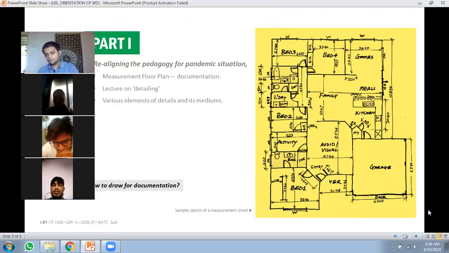Decide, if your house is linear, rectangular, how you have to orient it in the PDF, because on that basis you will have to do the nomenclature. Otherwise you will rotate it while making the PDF, and all the text will be vertical. So decide whether your house plan is portrait or landscape, and according to that do the nomenclature and dimensioning. You have to make a north line as well. Identify north also, yes, it needs to be identified. So these are the basic standard architecture guidelines.